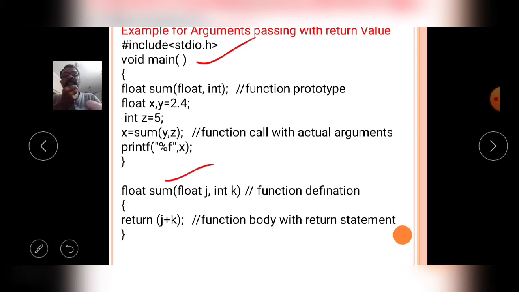the arguments are passed. That means main function is called the caller function, then the sum function is called the calling function.